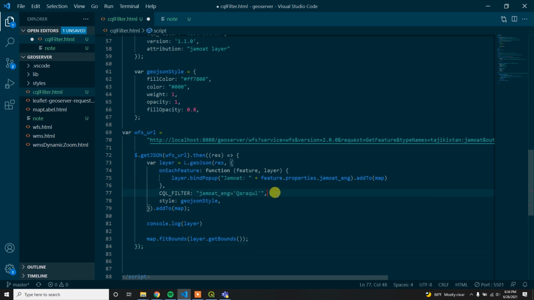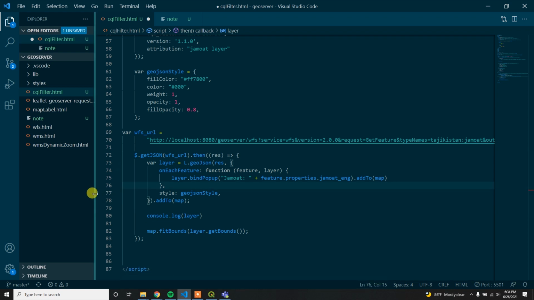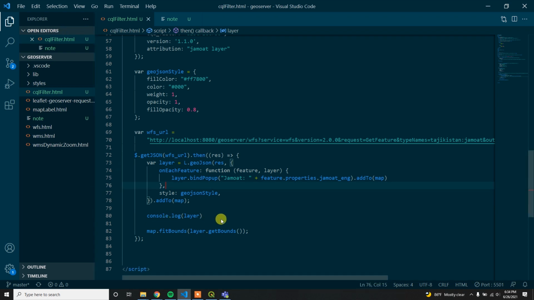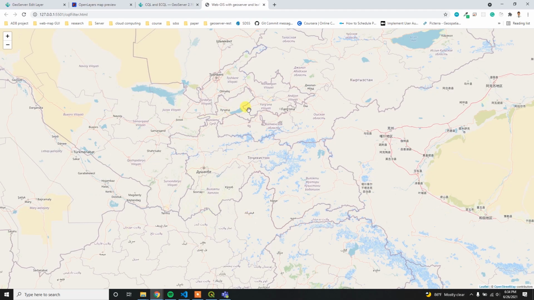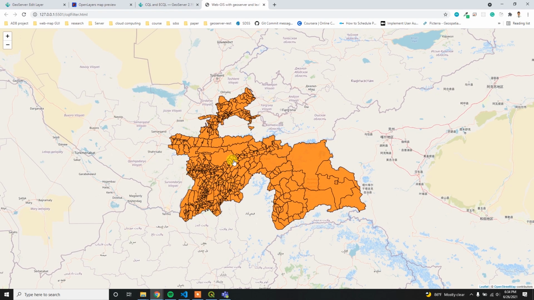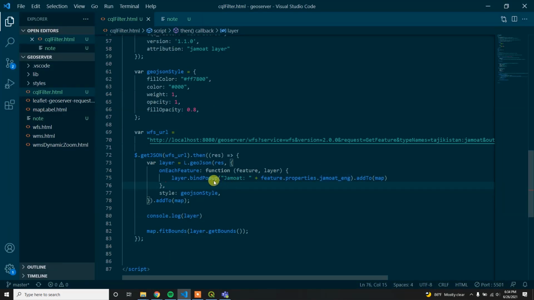Here is the SQL filter parameter which will not work, but if I save it and preview the map, it will provide us all the Web Feature Service data as features. So let me filter this data.